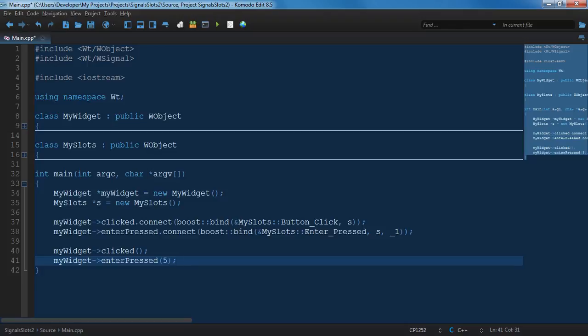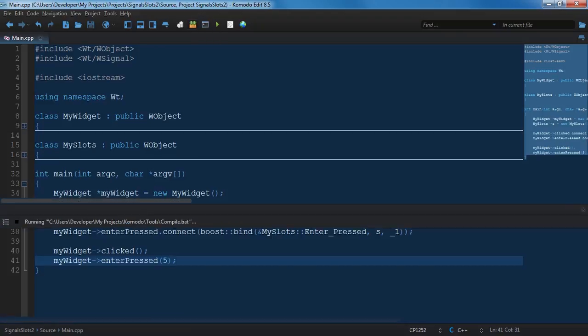Okay, but that's basically it. You're passing that integer into your signal, and that gets passed to your slot. Basically, it gets emitted. So when you call the signal, it automatically calls the slots that are connected to that signal. So if we save that and then compile it,